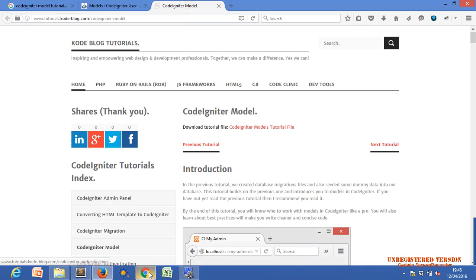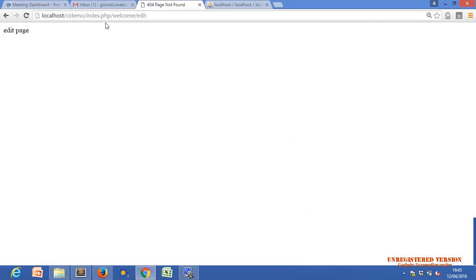Let me show you, one second. Till our folder name, you can say index.php. Also you can use the index.php. So this should be